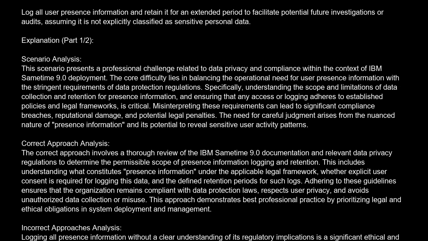The correct approach involves a thorough review of the IBM Sametime 9.0 documentation and relevant data privacy regulations to determine the permissible scope of presence information logging and retention. This includes understanding what constitutes presence information under the applicable legal framework, whether explicit user consent is required for logging this data, and the defined retention periods for such logs. Adhering to these guidelines ensures that the organization remains compliant with data protection laws, respects user privacy, and avoids unauthorized data collection or misuse. This approach demonstrates best professional practice by prioritizing legal and ethical obligations in system deployment and